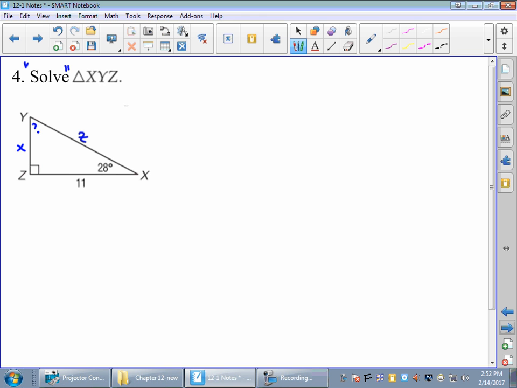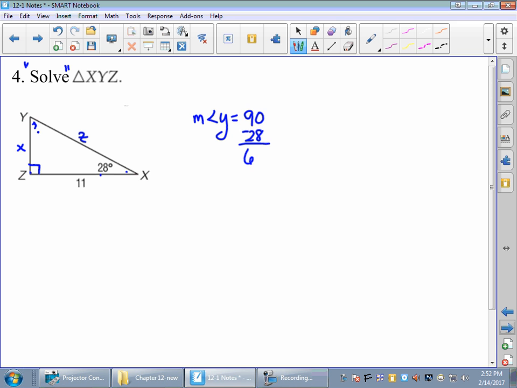So I'm going to find angle y first. I've got a 90-degree angle. I've got a 28-degree angle. I know that triangles add up to 180, 90 of which is here. So the other 90 make up these other two angles. To find the measure of angle y, I'm going to subtract 28 from 90, and I end up getting